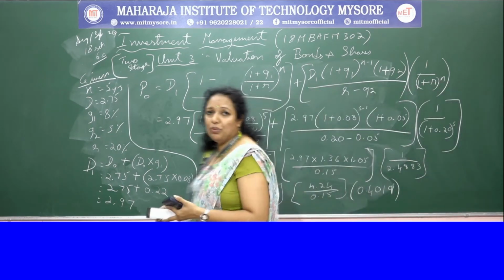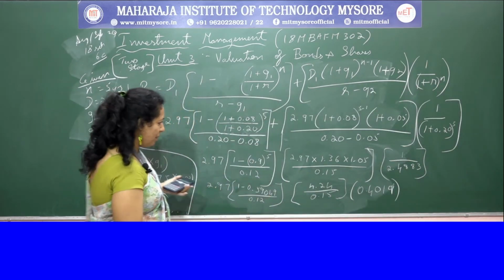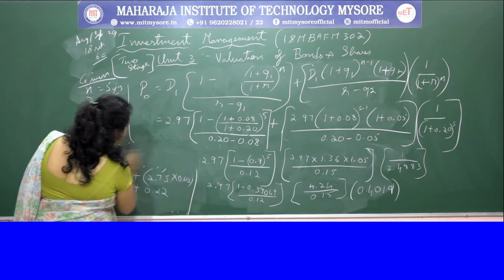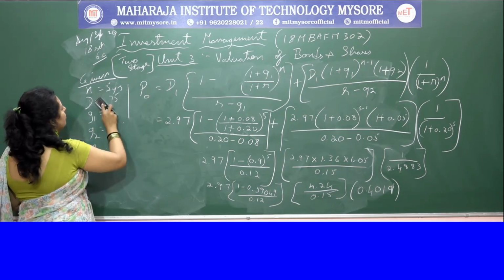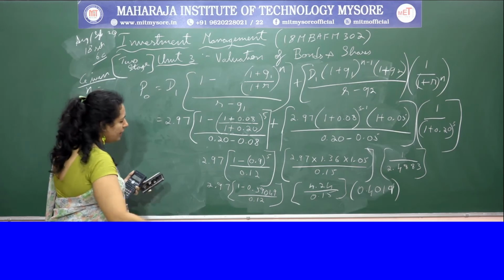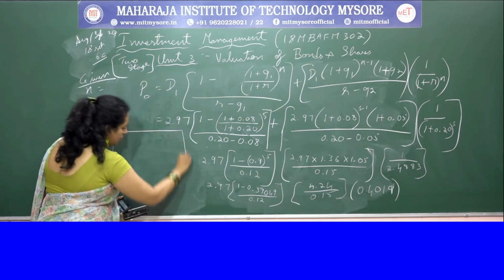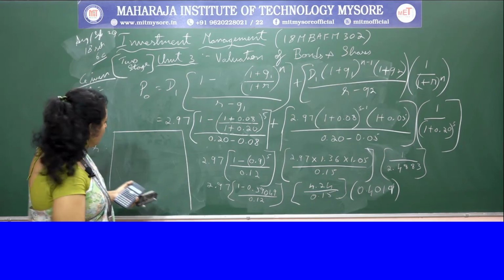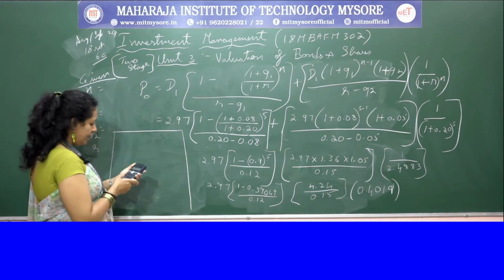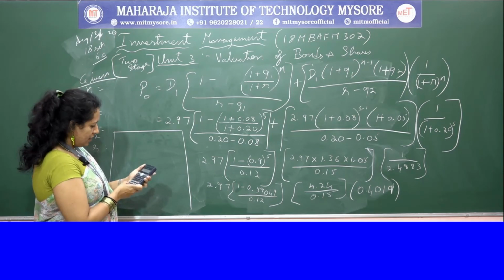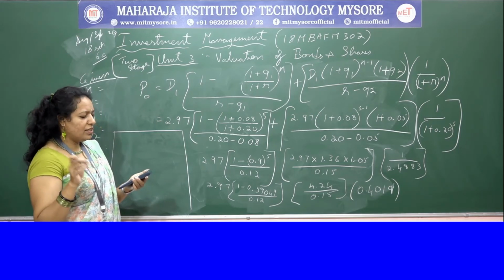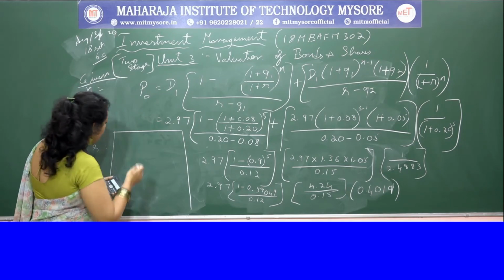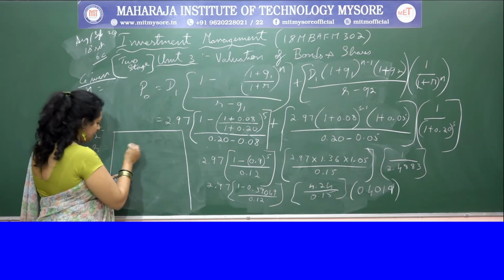Okay, after this simplification, we have a few more steps to go. We don't have space, so I'll rub D0, D1, and I'll create a small place here in order to solve that. For solving that, let me do 1 minus 0.59049. You get 0.4095. Okay, so I'll just simplify that.